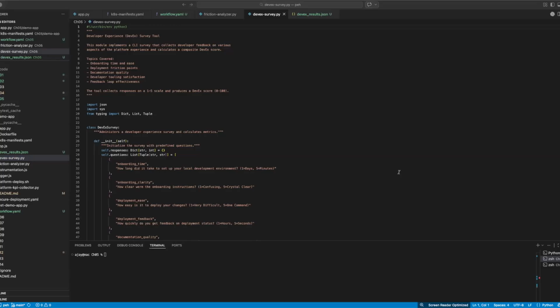A lot of those things. It collects that and then just computes a composite DevX score. And you can see a trend here. So I'm doing this over and over again because this is probably the best way for you to understand what